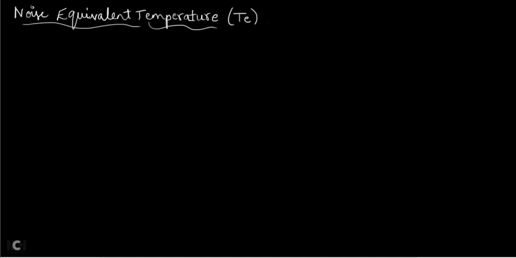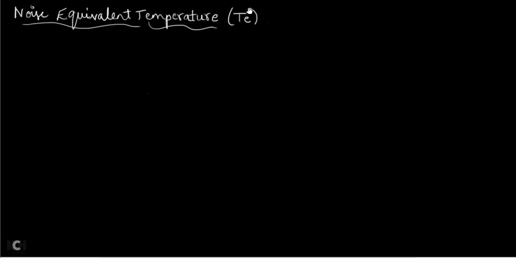And at this thermal noise, what will be the temperature of your component, or the temperature of the resistor? That I want to calculate. That is called noise equivalent temperature. So noise equivalent temperature means it is the temperature of the device due to thermal noise. Because of thermal noise, there will be some temperature in the resistor or the device. That is called noise equivalent temperature. So whether it is 25 degrees Celsius or 40 degrees Celsius or 60 degrees Celsius, the temperature of the device at thermal noise we need to calculate.